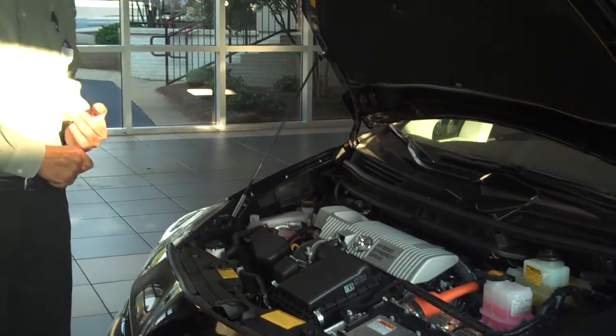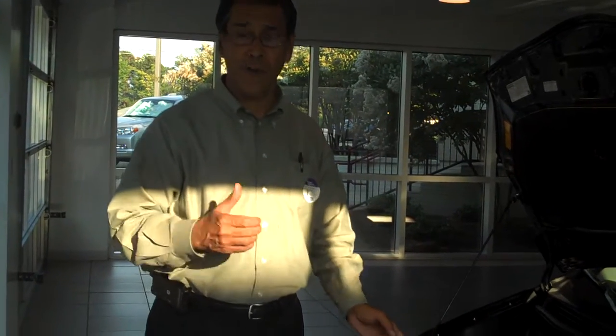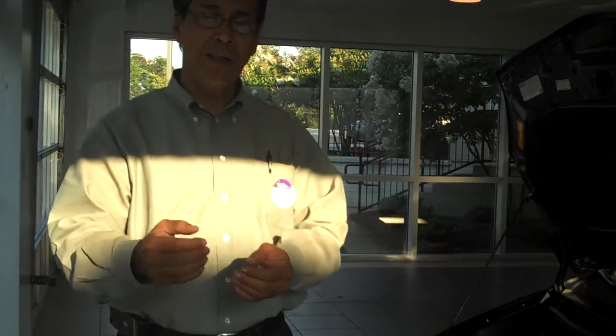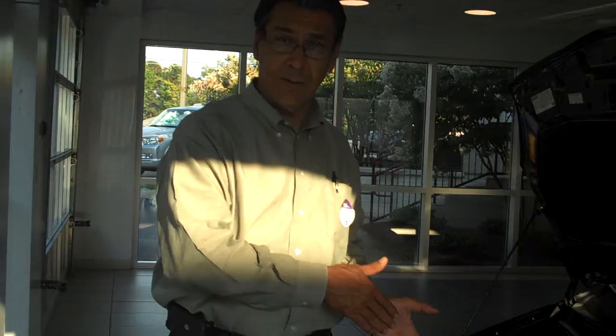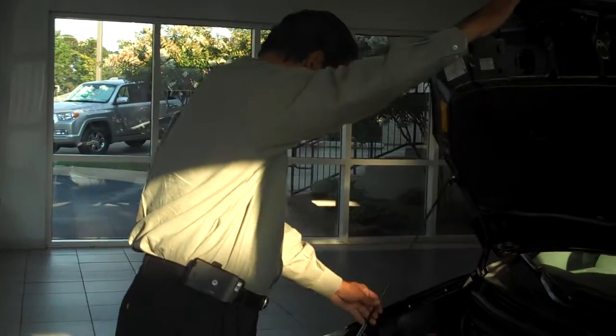Wow. What we have here is electronic air conditioning, electronic water pump, and electronic power steering. What that does for you is that the drag on that engine is no longer there. So therefore you have more horsepower, therefore you have a smooth running engine, and then you have a gas saving engine. Going around this vehicle, and again,